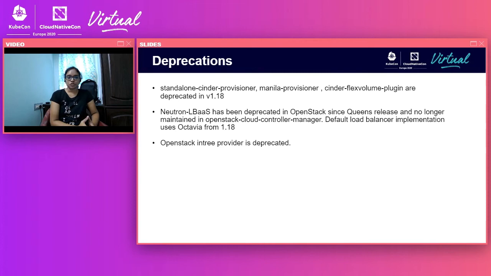And Neutron LBaaS is already deprecated from the OpenStack Queens release, so it is no longer maintained in the OpenStack Cloud Controller Manager as well. The default load balancer implementation uses Octavia from the 1.18 release. The OpenStack entry provider is deprecated and targeted for removal in 1.21, as I have mentioned. So please plan your migration activity accordingly.